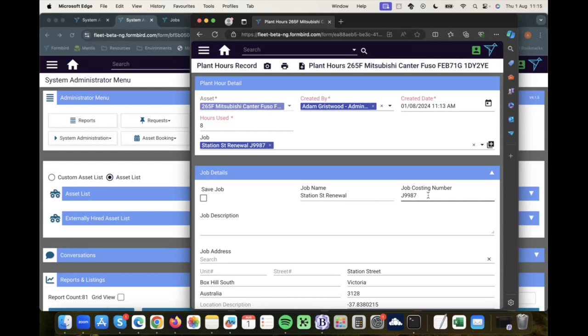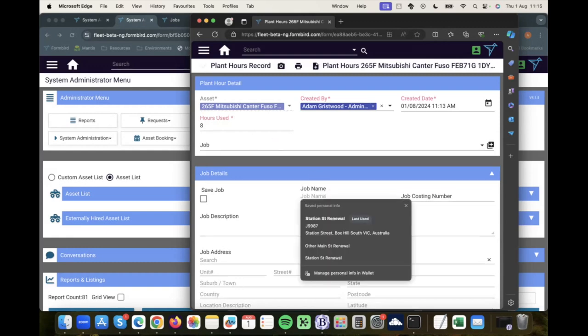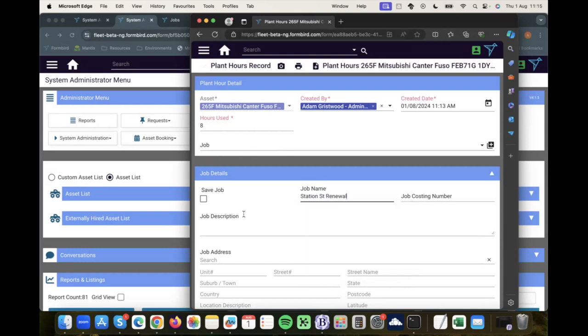Yeah, that's right. It depends where you create it. If you create it on the job itself, it'll be on the job. If you create it there on the plant hours, it'll be only on the plant hours for that particular instance. I guess, just thinking on my feet here, one approach in that situation might be you wouldn't select a job. You might give it a job name, say Station Street renewal, and then give it a job description and say no work order number yet created